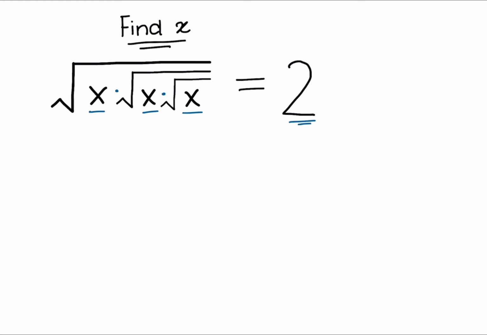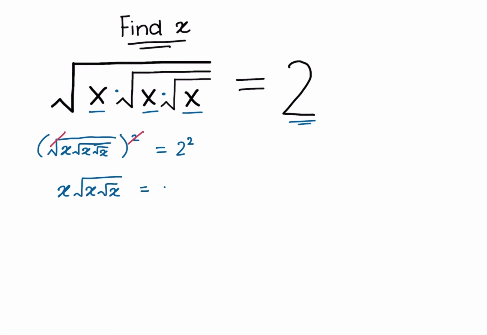So what we're going to do is try and get rid of the square root symbol. To do that, we're going to square both sides of the equation. So that would give us x times the square root of x times the square root of x, all squared, is equal to 2 squared. So the square root symbol cancels out, leaving us with x times the square root of x times the square root of x is equal to 2 squared. Now we're going to leave this as 2 squared and not write it as 4, and you'll see why we're doing this in a minute. So let's continue and